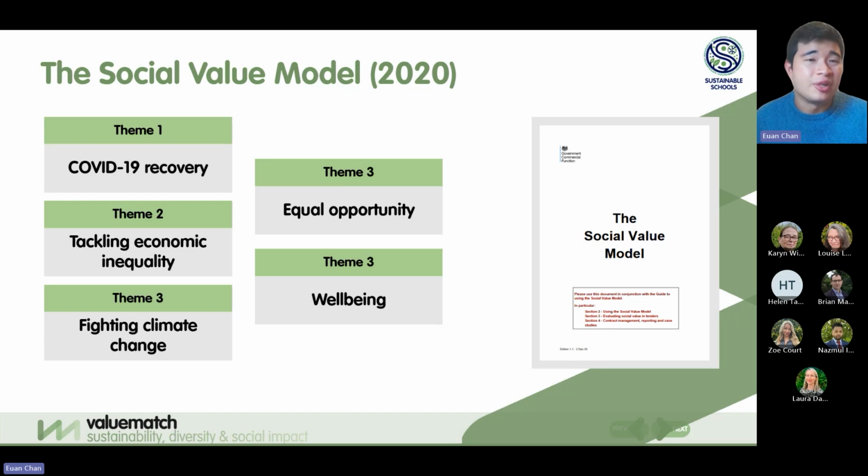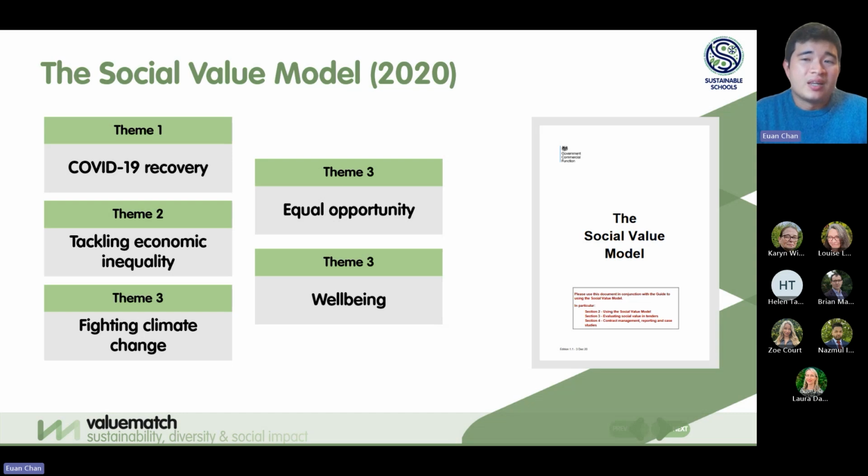So going through them on screen really briefly, COVID-19 recovery is to do with helping communities recover socially and economically from the pandemic's effects. So that's through things like retraining, return to work opportunities, community support, as well as supporting the well-being and health of those affected by the pandemic. Number two, tackling economic inequality. This is mainly to do with trying to develop the UK into a context that's great for business growth. This involves things like developing the skills of the workforce, addressing lack of opportunities, and addressing the development of skills in local areas and helping local communities thrive.